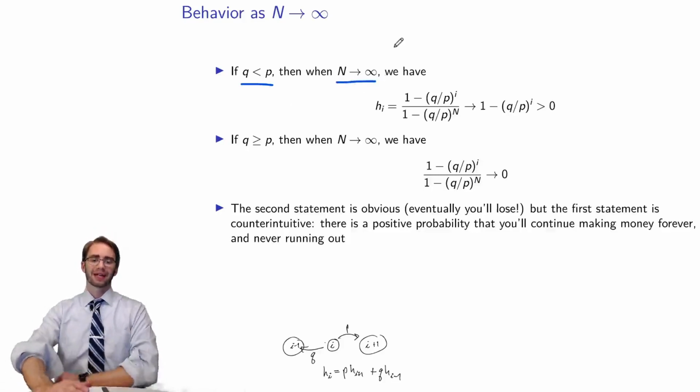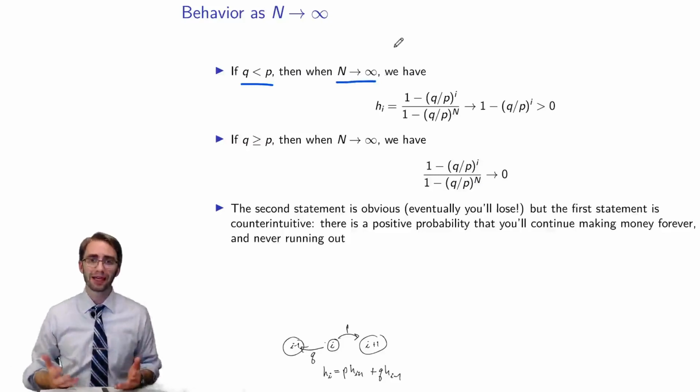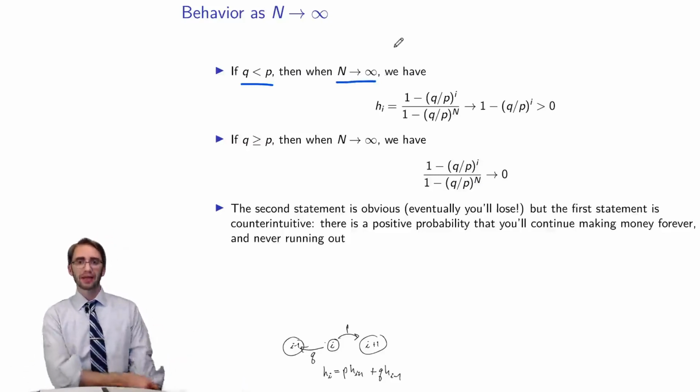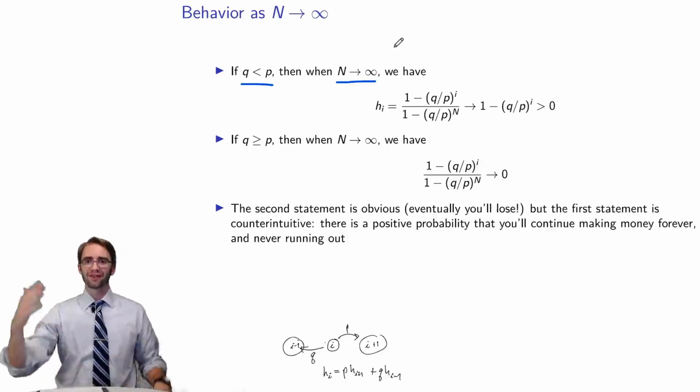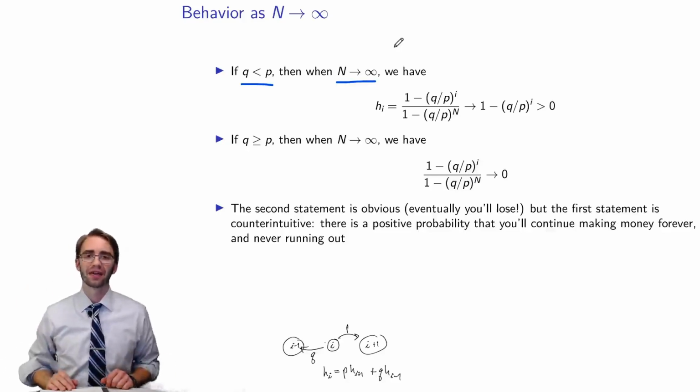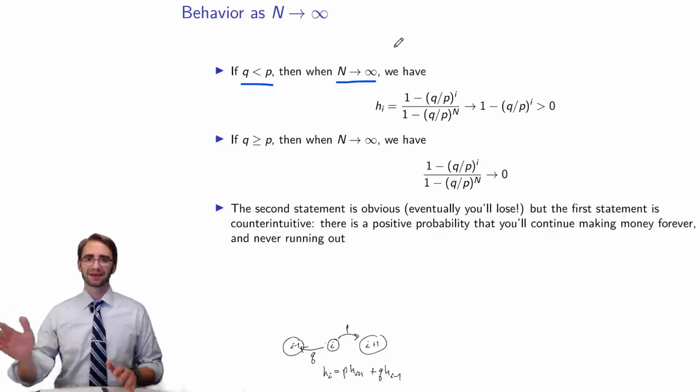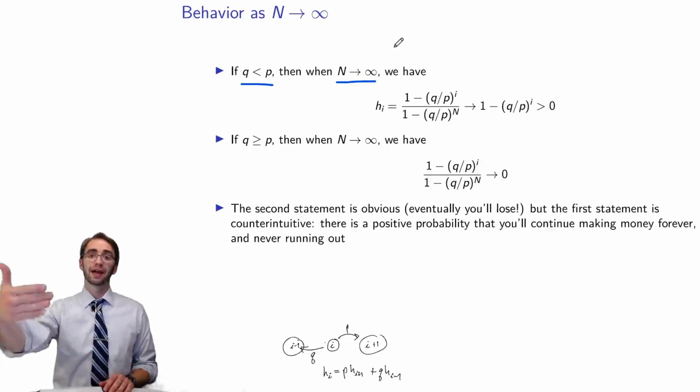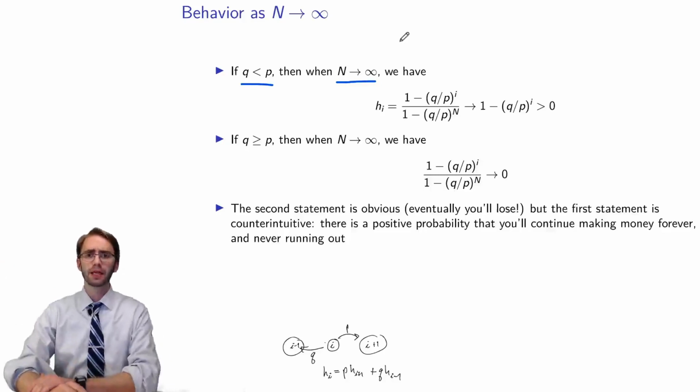So what am I saying? I'm saying it's a game that's favorable to me. It's a game where I'm more likely to win than to lose, but the standards I'm setting for myself are very, very high. I'm saying n goes to infinity, so I want to win a lot of money. So n goes to infinity, and you fix I,